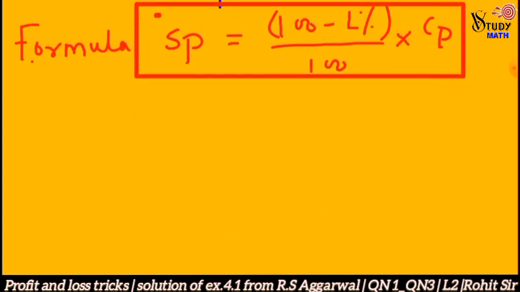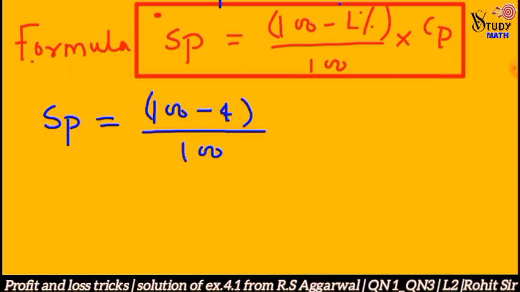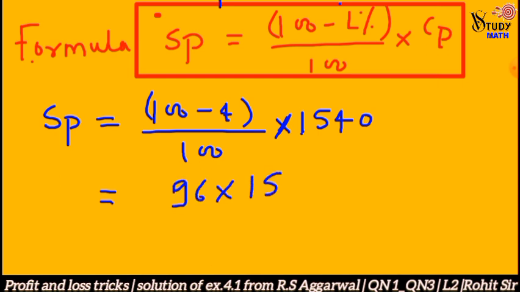Now fill all the values in this formula. Then SP is equal to 100 minus 4, small bracket close, upon 100 multiply by CP, and CP is given 1540. Now after subtracting we have 96 multiply